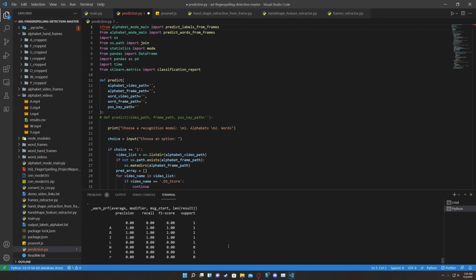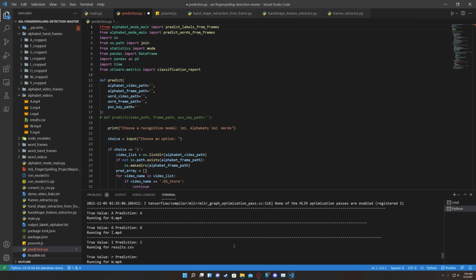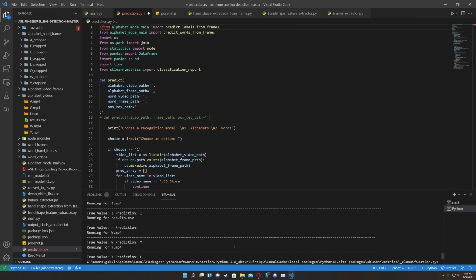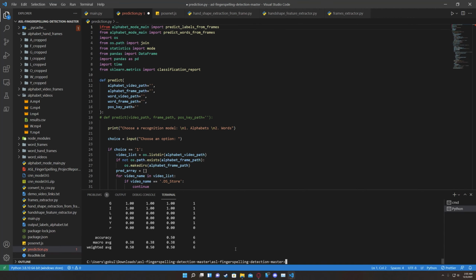Upon tweaking the code, we can improve the model accuracy from 50 to around 70 to 80. With this algorithm that has improved accuracy, we can then predict the words using the letters A, G, I, W, Y as shown in the given algorithm and the remaining 20 to 21 letters.